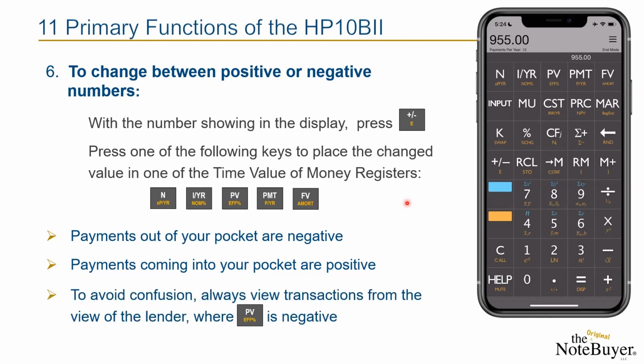Okay. Now, one thing that I do early on, because when I started doing the calculations, I thought, wait a minute, was I the lender this time or was I the borrower? And so I just said, you know what, I've got to make a rule for myself. And so when I am doing a calculation, I always view the calculation as though I am the lender, okay? And that way my positive and negative signs never get mixed up, okay? So that's just a handy little thing that you can use, and I think it will help you out a lot,